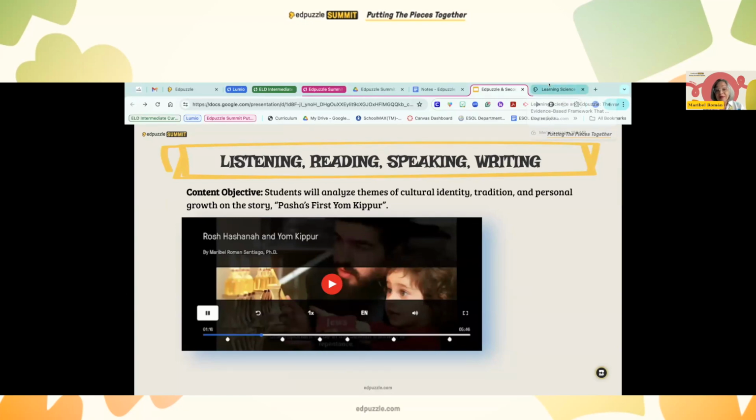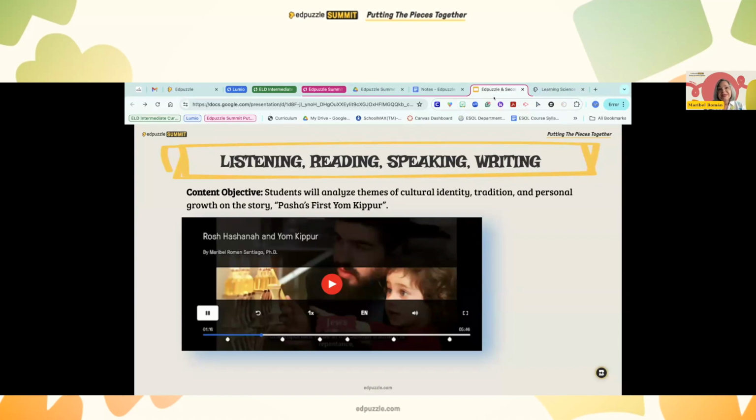And to listening, the four domains: listening, reading, speaking, and writing. Let's say we have this content objective: students will analyze themes of cultural identity, tradition, and personal growth in the story, Pasha's First Yom Kippur.